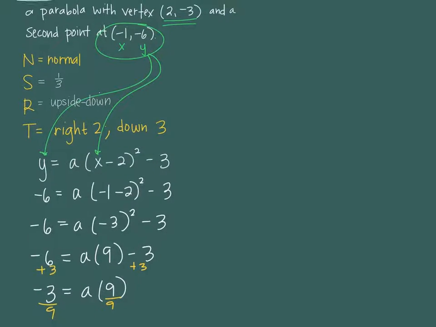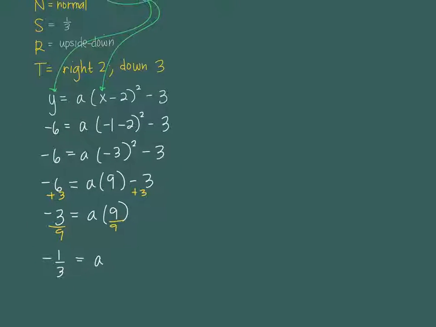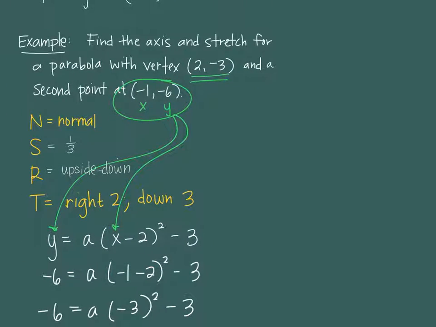So now I want to write my full final answer. I want to write an equation that says y equals, and then I want to put everything in the right position. I want to show that it's an upside down reflection, so that's going to be first. It has a 1/3. It has to go to the right 2, squared to be a parabola, and down 3. That is called the